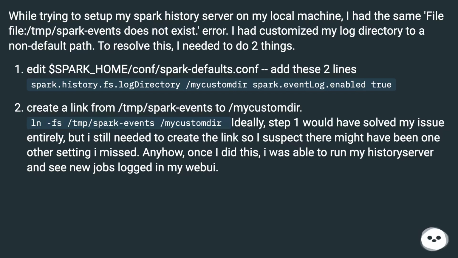spark.history.fs.logDirectory /mycustomdir, and spark.eventLog.enabled true. Second, create a link from /tmp/spark-events to /mycustomdir: ln -fs /tmp/spark-events /mycustomdir. Ideally, step 1 would have solved my issue entirely, but I still needed to create the link, so I suspect there might have been one other setting I missed. Anyhow, once I did this, I was able to run my history server and see new jobs logged in my